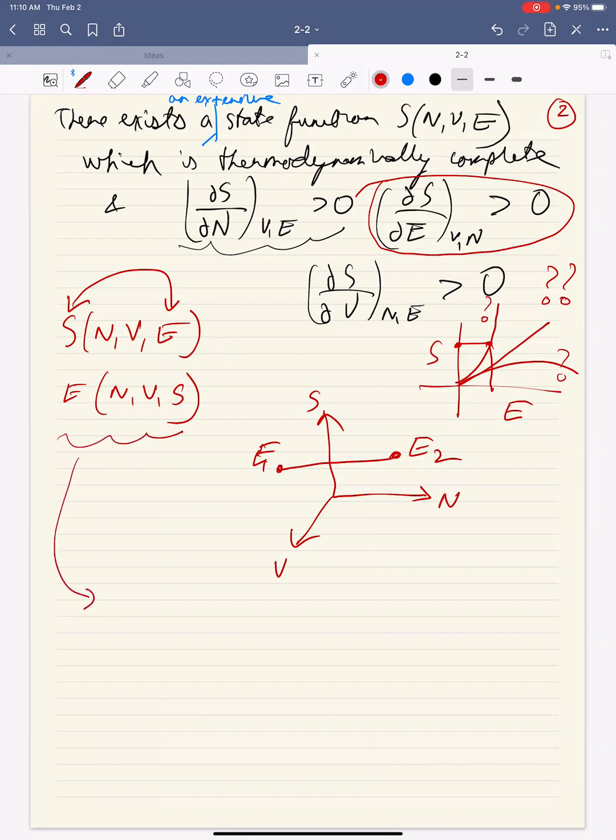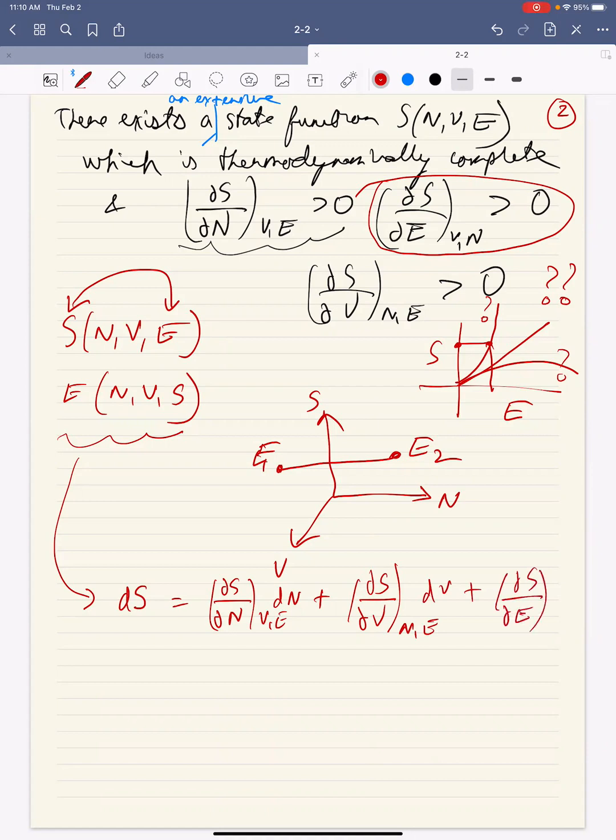with this, anytime something is a function of three things and it's a state function, we can write down its total derivative, right? We don't need to worry about the squiggly partial. So dS is going to be partial S by partial N at constant V and E multiplied by dN plus partial S by partial V at constant N and E multiplied by dV plus partial S by partial E at constant N and V multiplied by dE. Similarly, dE is going to be partial E by partial N at constant V and S multiplied by dN,